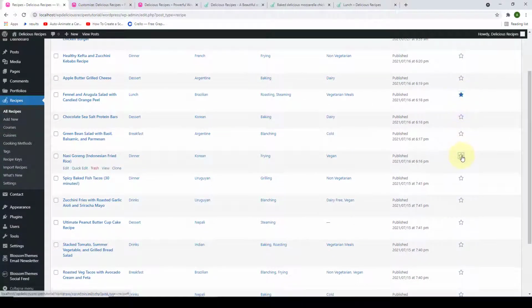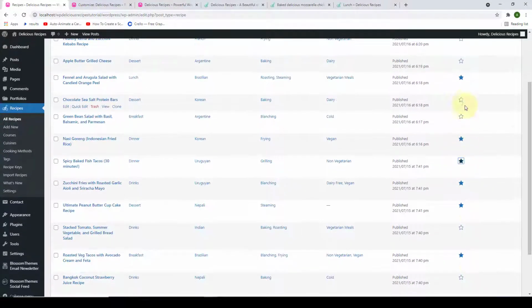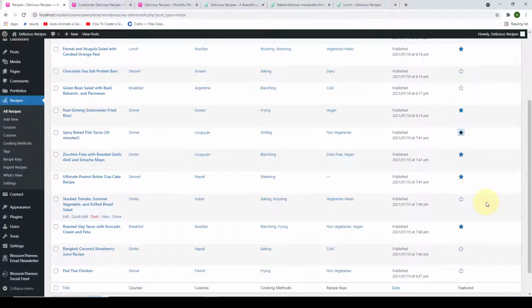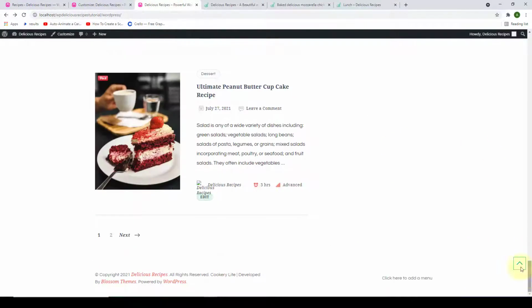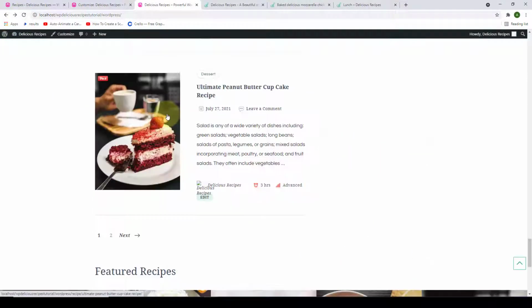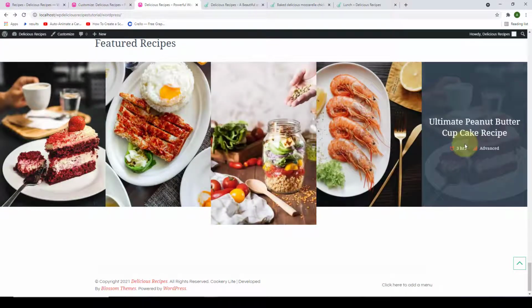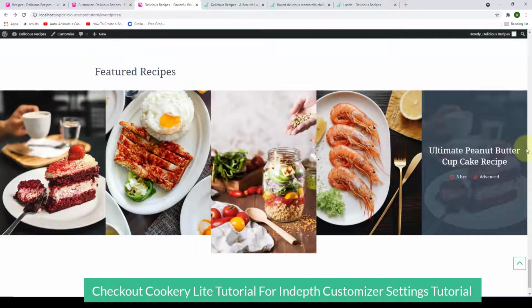So let's randomly select some of the recipes. So what this will do is it will display these featured recipes at the bottom of your website. So after selecting these recipes, if you go back to your site, scroll all the way down to the bottom and give it a refresh, you will see all of the featured recipes that you have selected have appeared as featured recipes at the bottom